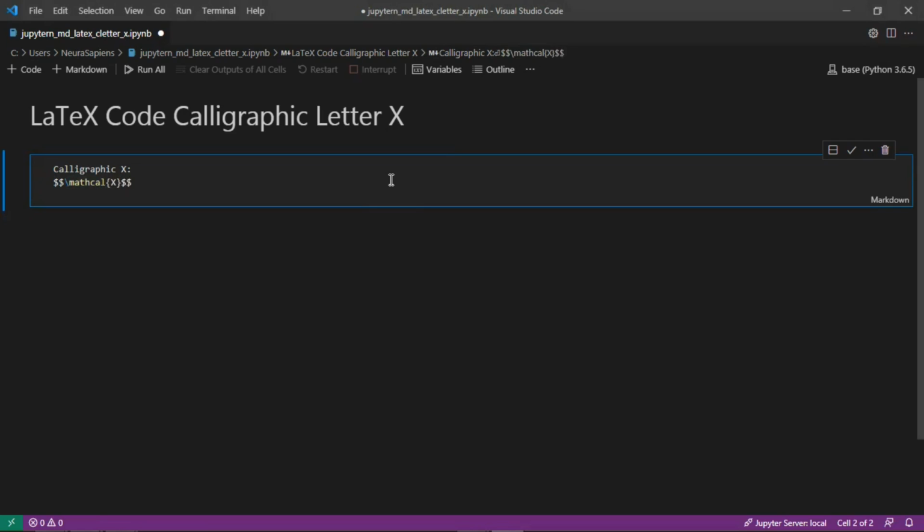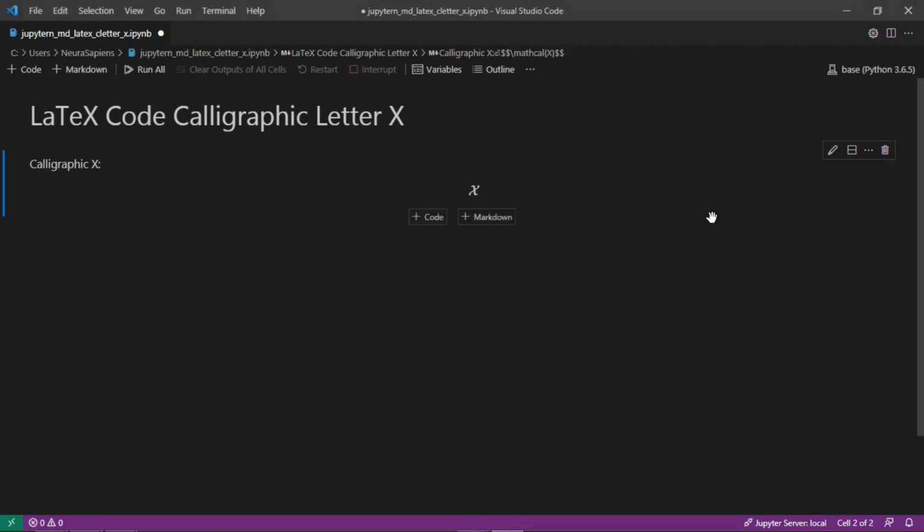So now when we run the cell, we have the calligraphic letter X here centered in the middle of the Jupyter Notebook Markdown cell. So this is how to add the calligraphic letter X to a Jupyter Notebook Markdown cell